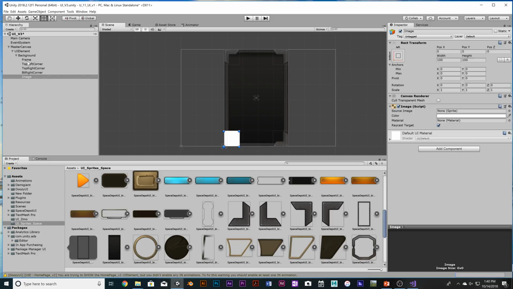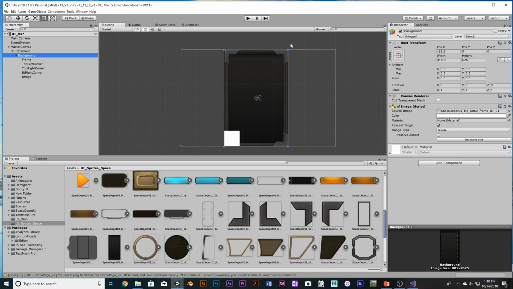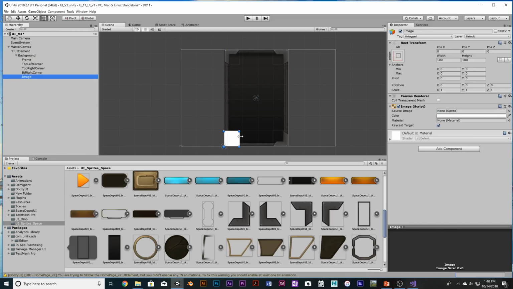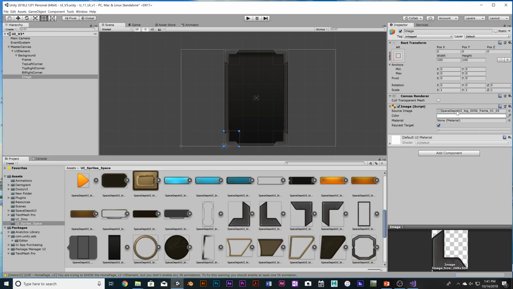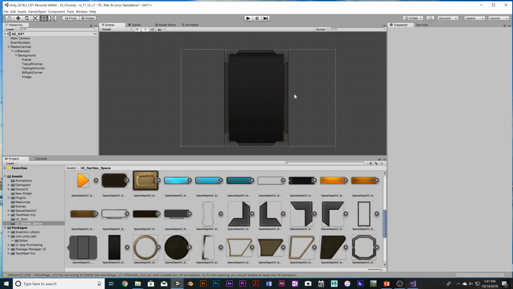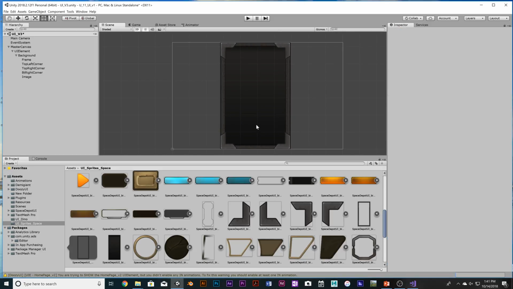But if your parent's background size is here, and you set your image to the bottom left corner, it will do according to your parent's bottom left corner. So that's why. Okay, so let's put left corner. Yeah, basically this is our scene. Okay, so then we can start putting